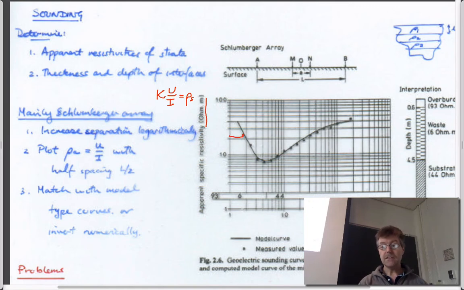And this is the distance, the separation between these two outer electrodes. Put the energy in, that gives you one point. If you make it wider, then you get a second point. And then what you do with this curve is you just match it to type curves, or that's what you used to do. Now you just get a computer program to invert the data to see what the